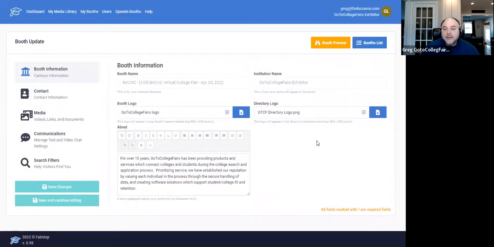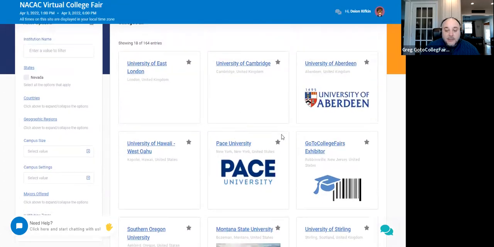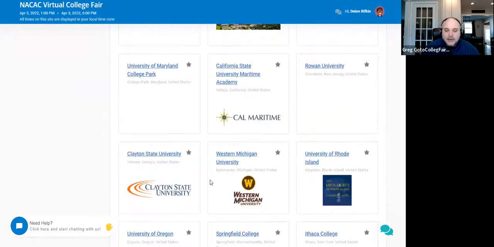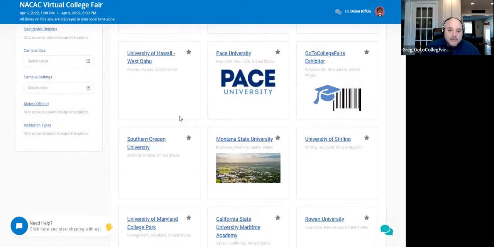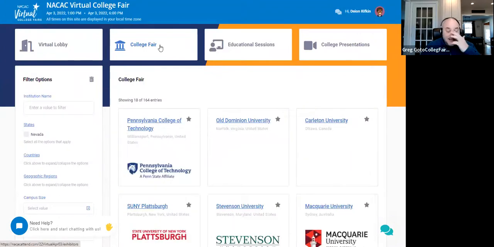It doesn't have to be different, but it can be if you want the directory logo to be different. Typically, if you are doing a directory logo, square is better, but it doesn't have to be square. It can be a longer rectangle, and that looks just fine too. So whatever you want to be displayed in the directory when people walk in, look at this kind of like your signage above your booth.